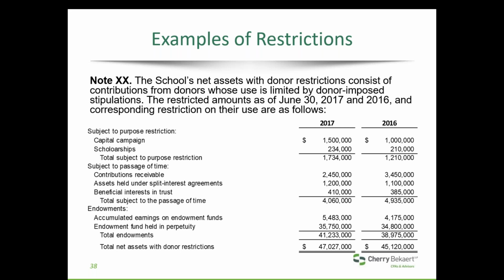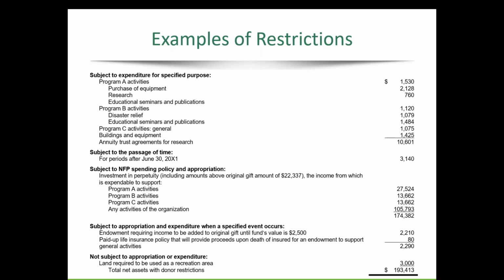And within the endowment, you could probably even go into more detail about what each of the fund's purpose is, but I don't necessarily think that's required. And then your total of $47 million would tie to what's shown on the face of the financial statement. And so here's just another example. Probably this one has a little bit more detail and is another good option for the note disclosure for the net assets with donor restrictions. There is no requirement as to how much detail is needed other than that the amount and nature must be disclosed.